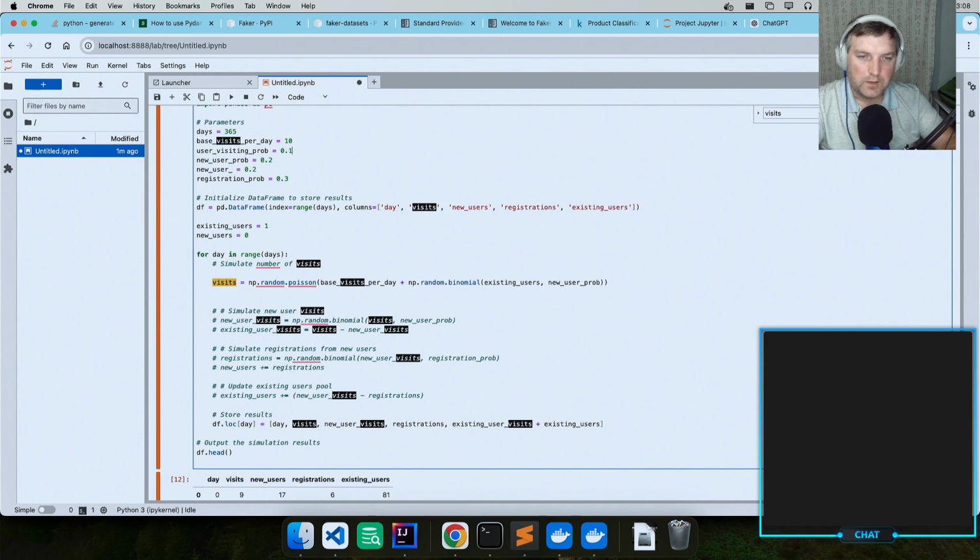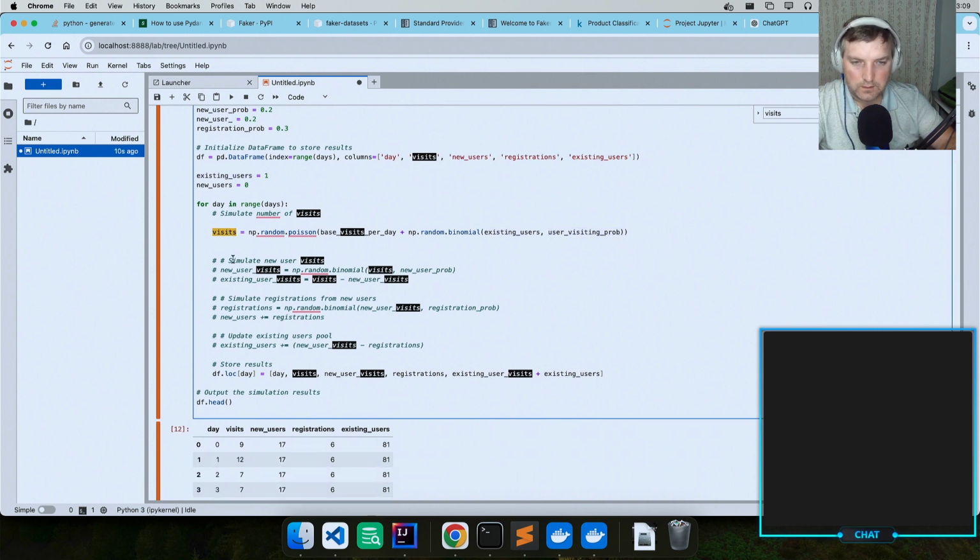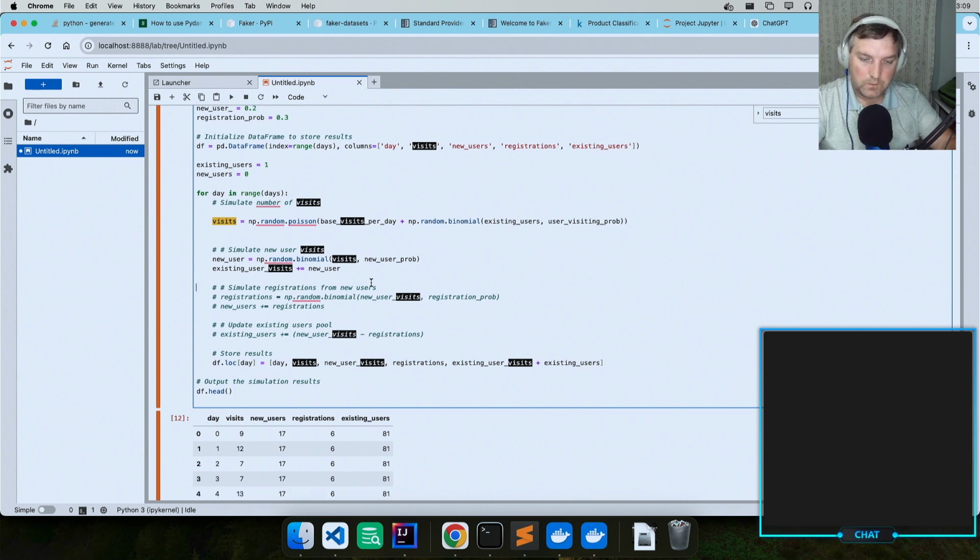So user visiting is 10%, while existing user visiting, right? So the existing user visiting, existing users, it's 10%. So now each visit should introduce existing user, and this would be a new user. Now new user will be existing user plus existing user, right? So now the existing user is the existing user. So now if I run this,